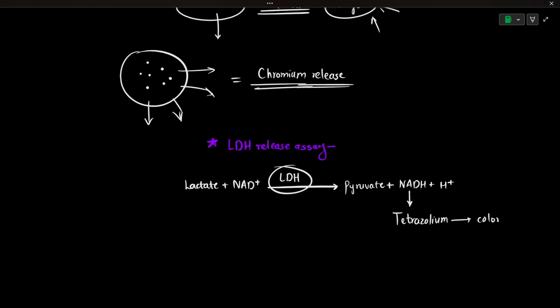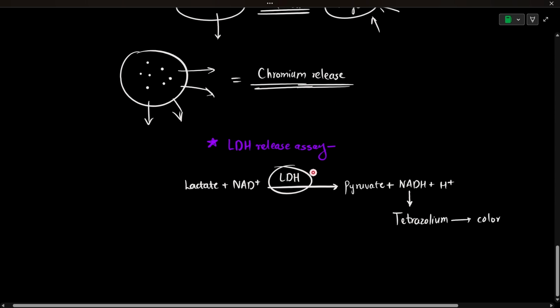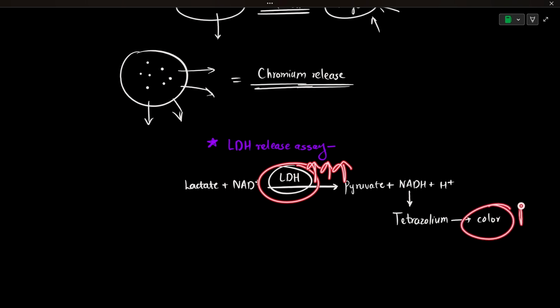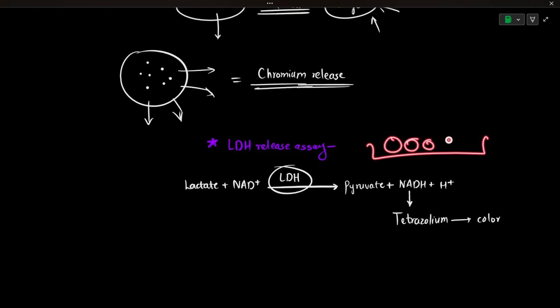and that gives us the color. To state it simply, the more LDH in the supernatant, the more intense the color. And when will the LDH concentration be higher in the supernatant? When the cells are being killed and releasing the LDH, because this enzyme is not present in the sample otherwise. It is actually inside the cell. So if this is the tray and these are the cells, and here we have the substrate, the lactate,